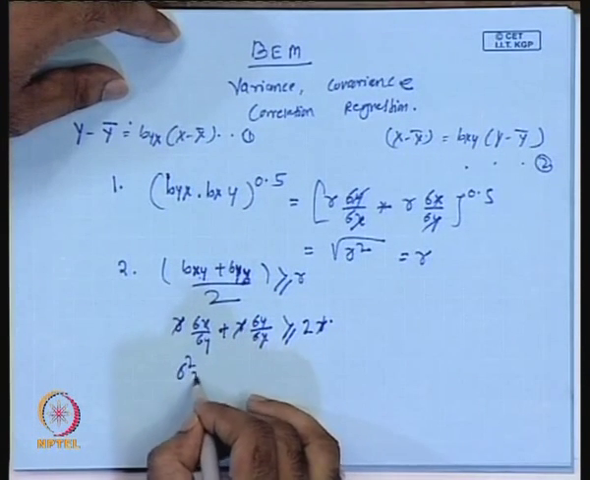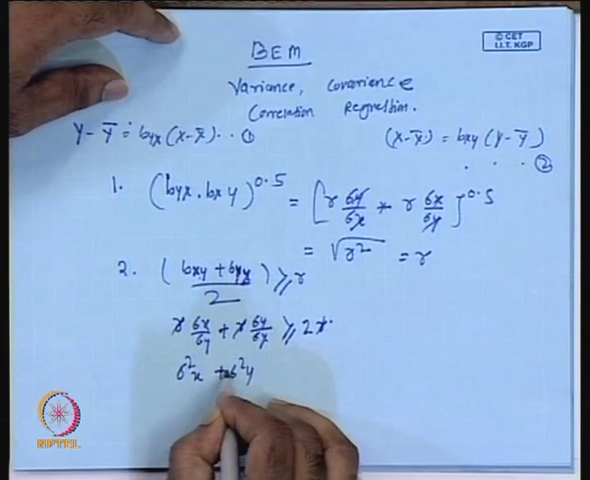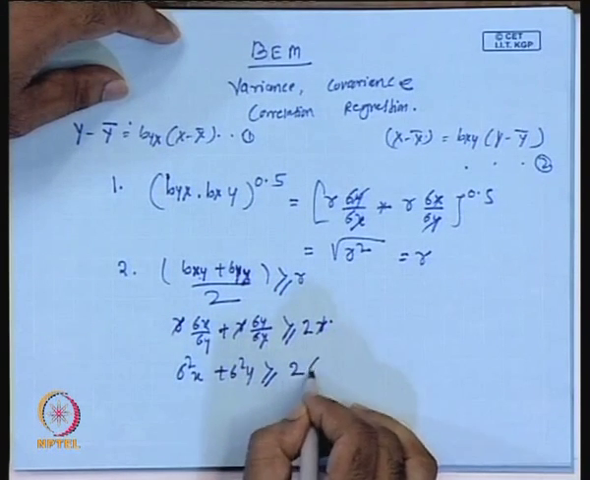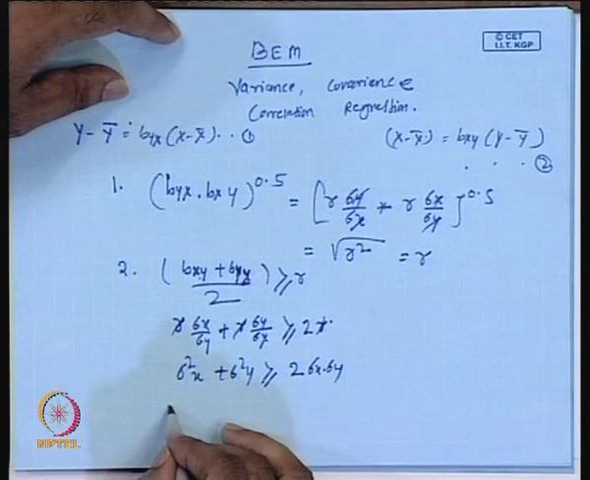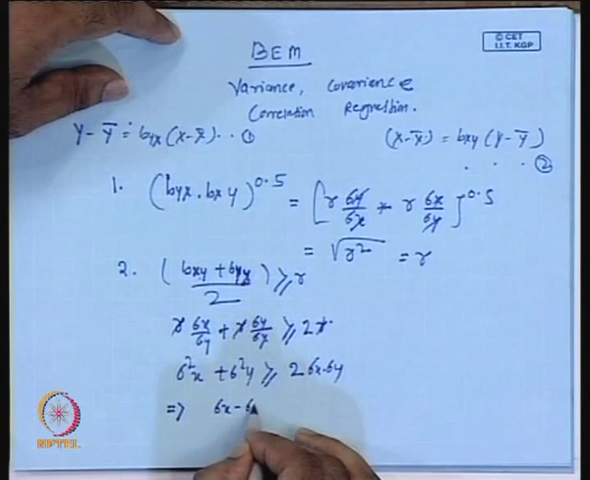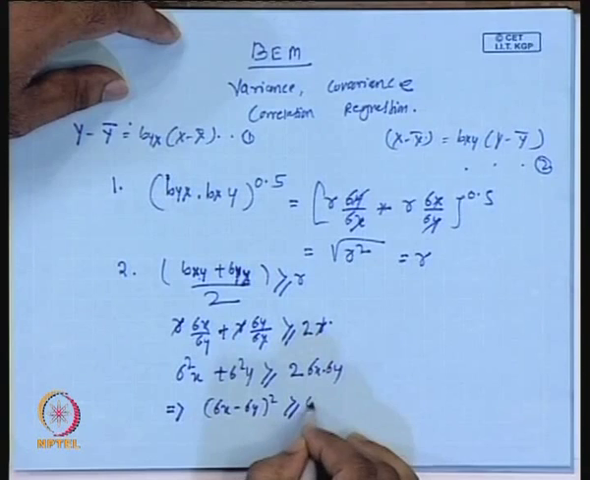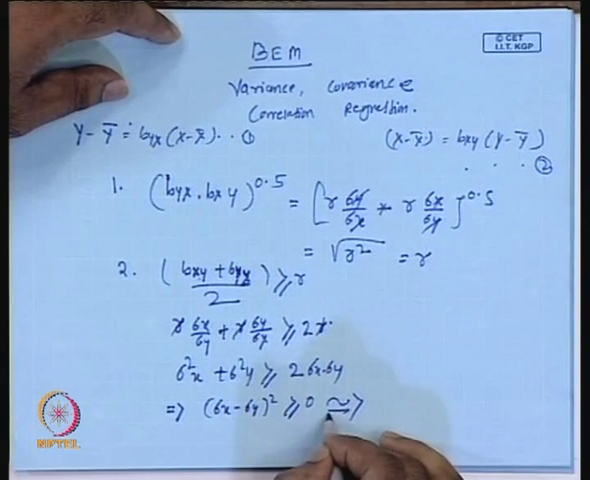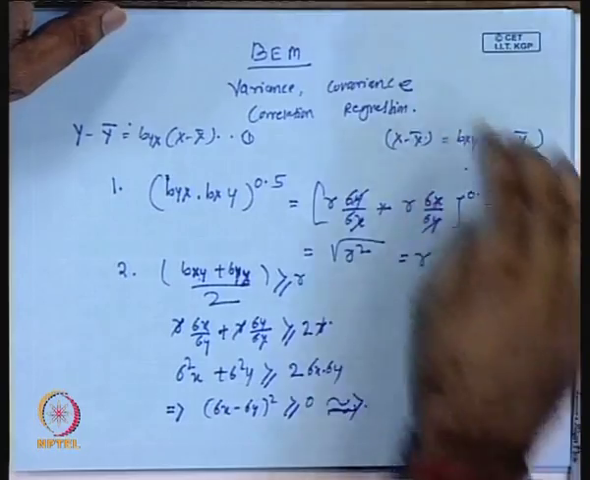So, sigma square x plus sigma square y greater than or equal to 2 sigma x into sigma y. This implies (sigma x minus sigma y) whole square should be greater than or equal to 0. So, it is a meaningful statement. That means we can justify that the arithmetic mean of two regression coefficients should always be greater than or equal to the correlation coefficient. By any chance, it cannot be less than that. Alright. So, this is the second issue of the